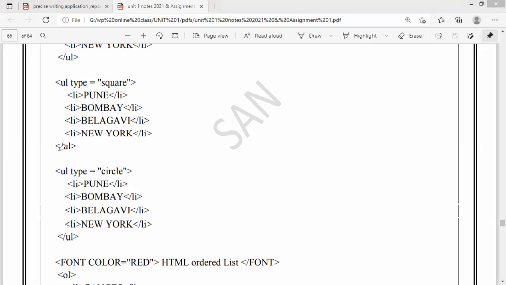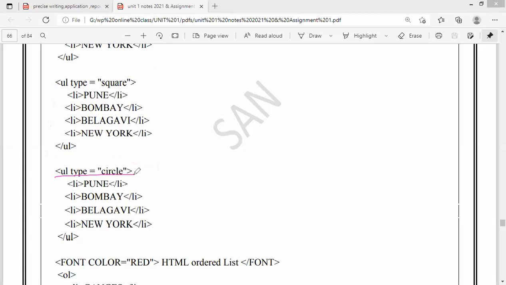Clear to you, right? Now, I have also taken one more choice. I have taken 3 examples here. I have taken type equals circle. So you can just add this code because in the question only this code is asked. But I have given you everything. If they ask you circle, you have to write the circle code. If they have just asked to list the cities, you can list the cities without any bullets also. So when in exam it is asked specifically, this code you have to write. When it is asked for what? UL type equals square. Okay, you can reduce the code. I have given a bit of extra code to show you the working of different types, right?